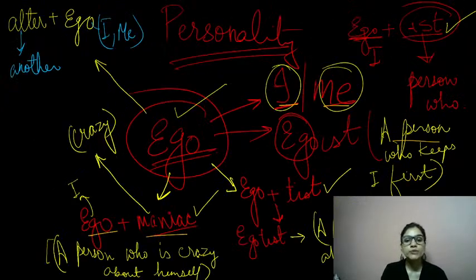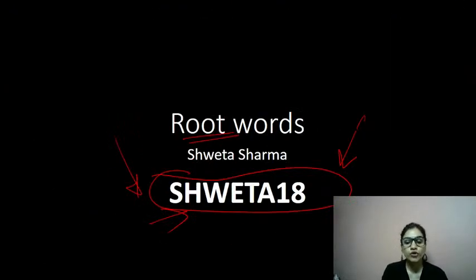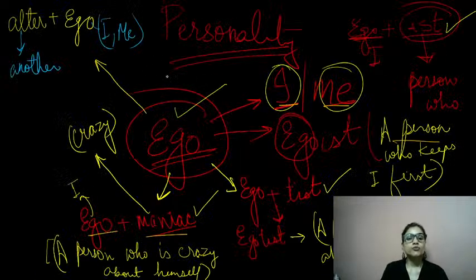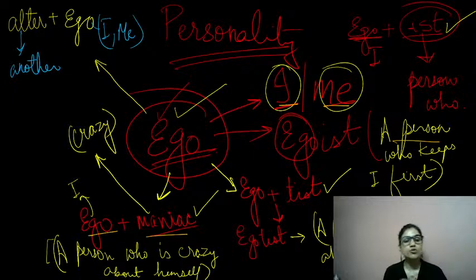So these are the words we've done today. Let's have a quick review of what we did today, right? We talked about personality types. The first word root we covered is ego. Ego refers to I or me. And then we tried to relate this word root with IST. What is IST? IST is a person who. So ego plus IST: ego means I or me, IST is a person who. So a person who always considers himself first, keeps himself first, is an egoist, right?